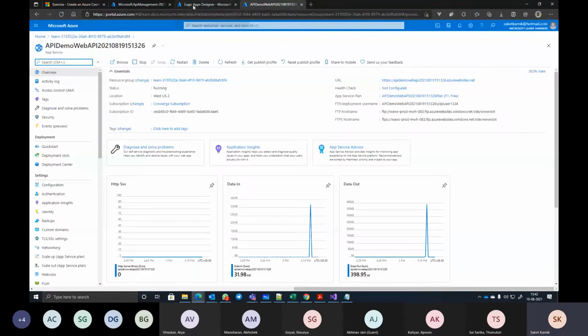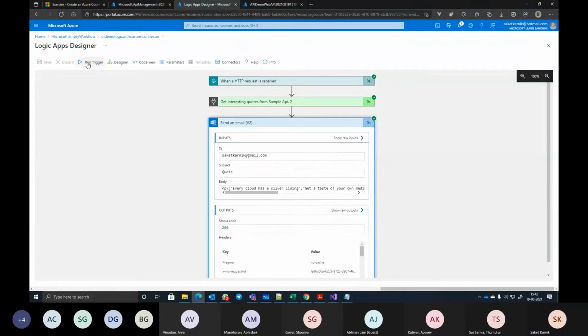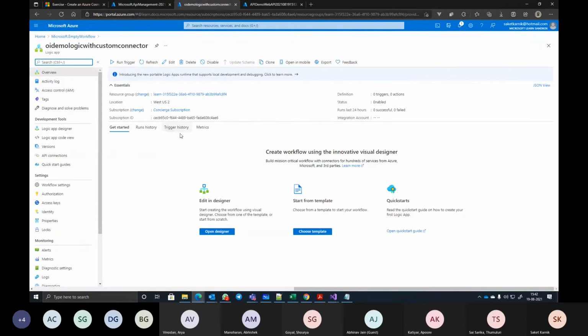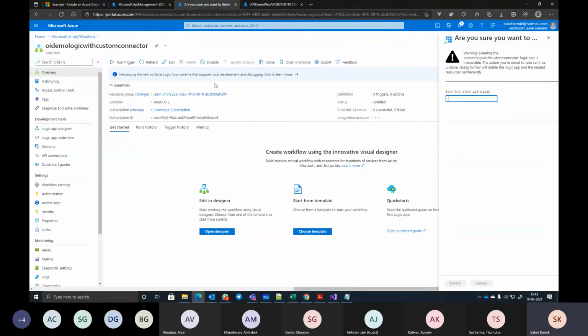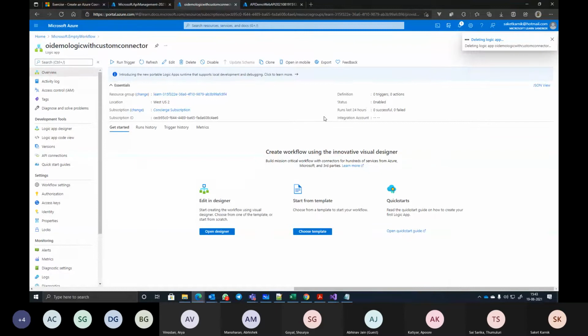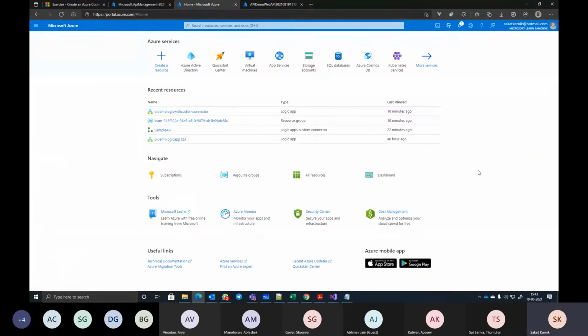So likewise, I can create the workflow for different operations as per the need. Once done, I can get this deleted as well. And back home. So is it interesting or not?